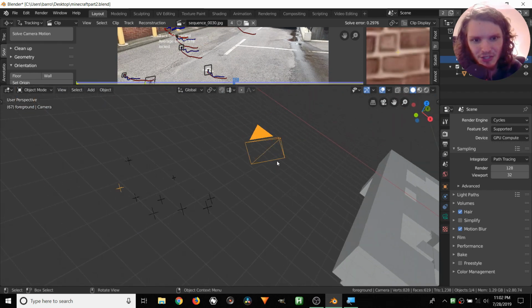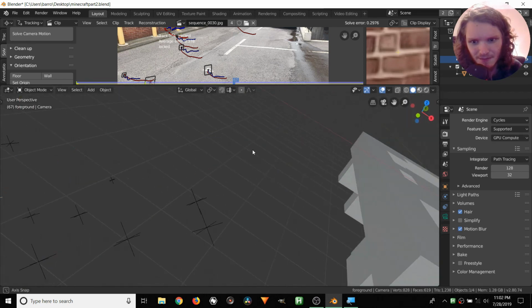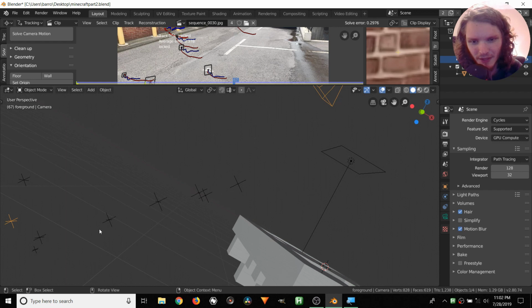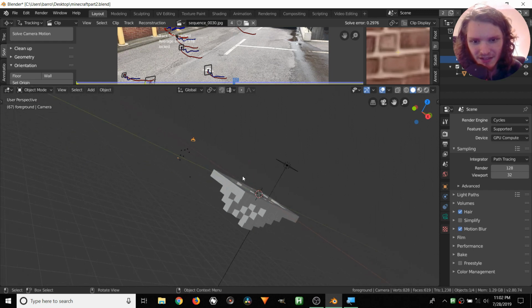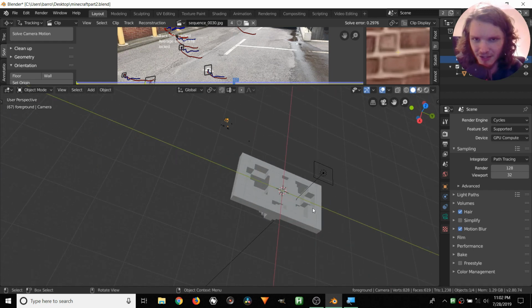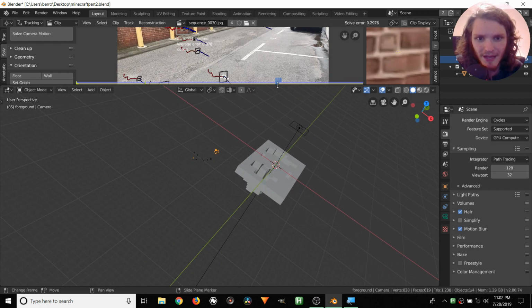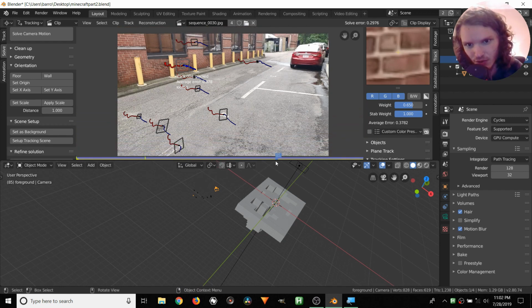But we have the issue that we want the floor. Again, the floor is where all these trackers are. So this kind of defines a floor plane. If that's not clear, it will become more clear in a second. We want this floor plane to coincide with this crater, since the crater should be right underneath the floor. Okay, so how do we do this? We can do it manually or automatically. Obviously, we're going to go for automatically with some manual adjustment.